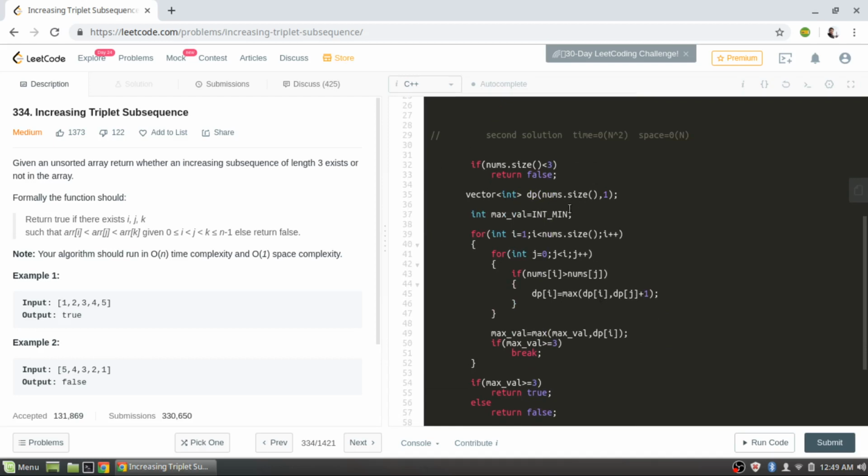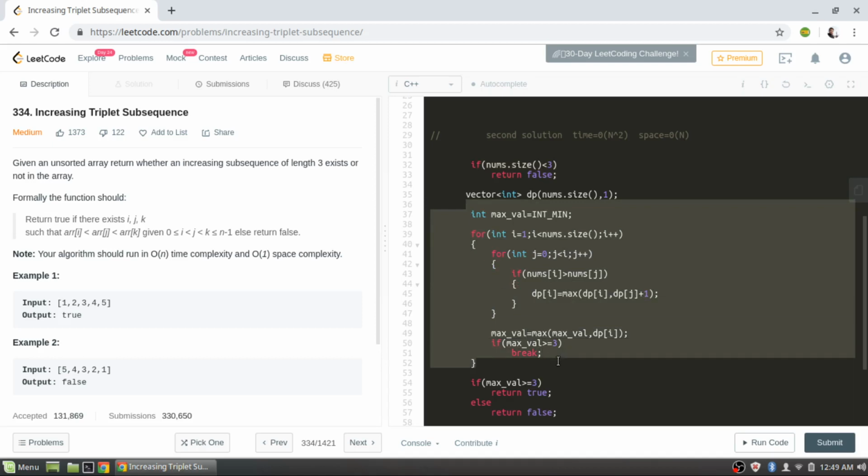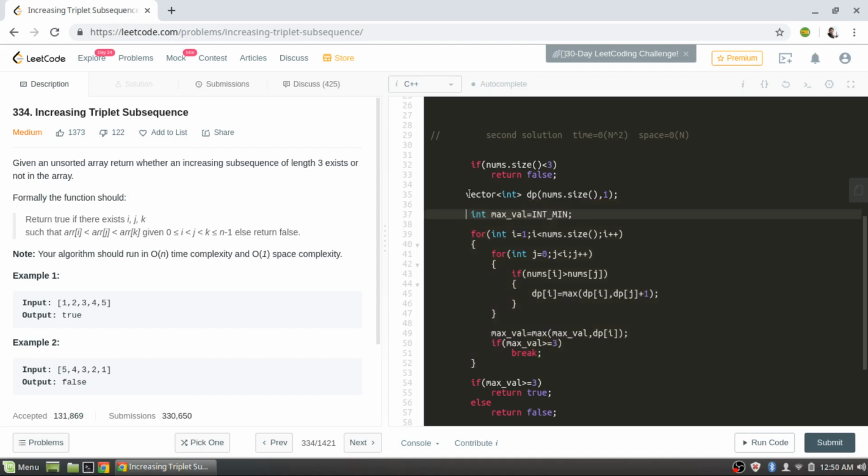In that case the base condition remains the same. So how are we going to approach this problem? We can reduce this problem to finding the longest increasing subsequence. In this problem we have to find whether there is an increasing subsequence of length 3 or not. So we make an auxiliary dp array and initialize all the values to 1.